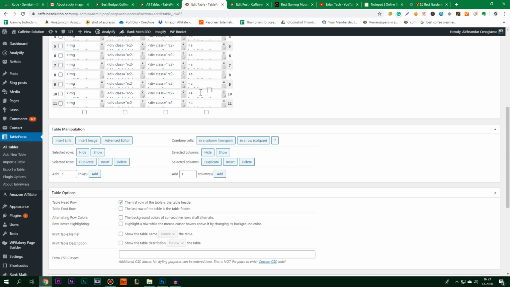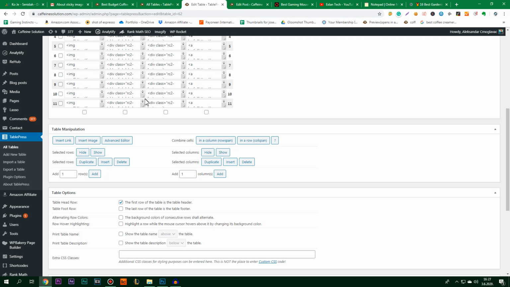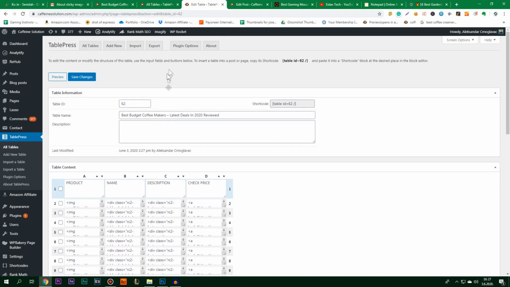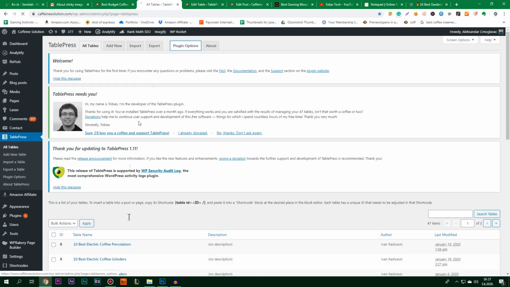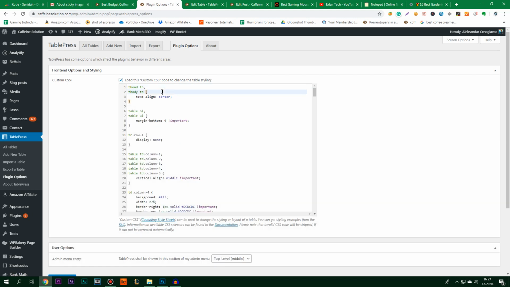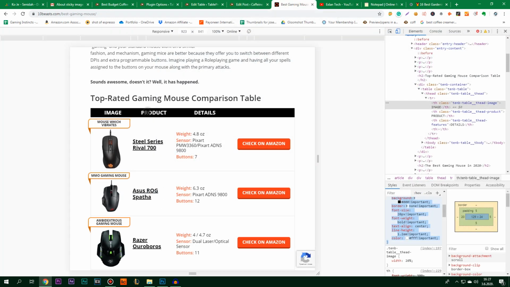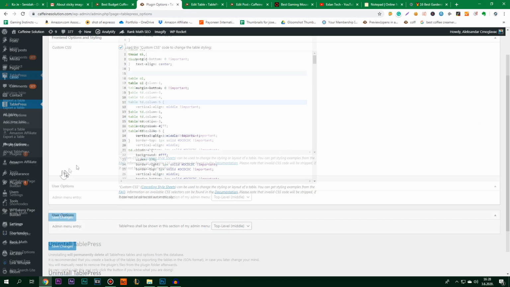Now what you want to do is head over to TablePress. You can open a new tab or you can use the old one and go to plugin options. I will use this one. Enter again, go to plugin options. I'm gonna click on here so that the height of this box expands so that I can see the code more clearly. And inside here I have this piece of code which removes the number 1 row, which is this row here. And if I remove that row and save it,